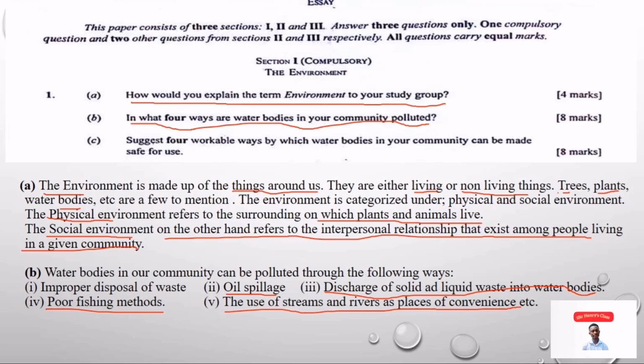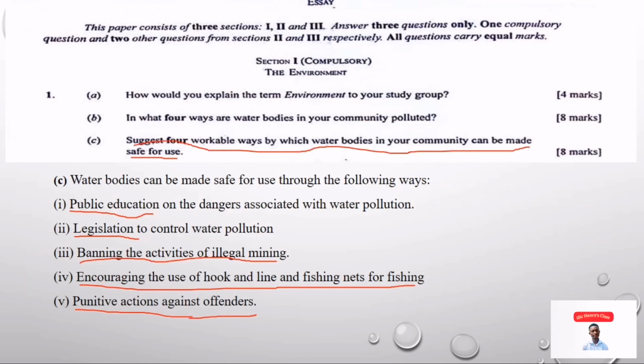The discharge of solid and liquid waste by industries and other people also affects the water bodies. And we can talk about poor fishing method, which features the use of DDT for fishing. And finally, the use of streams and rivers as places of convenience. Let's quickly move to C. So 1C states that suggest 4 workable ways by which water bodies in your community can be made safe for